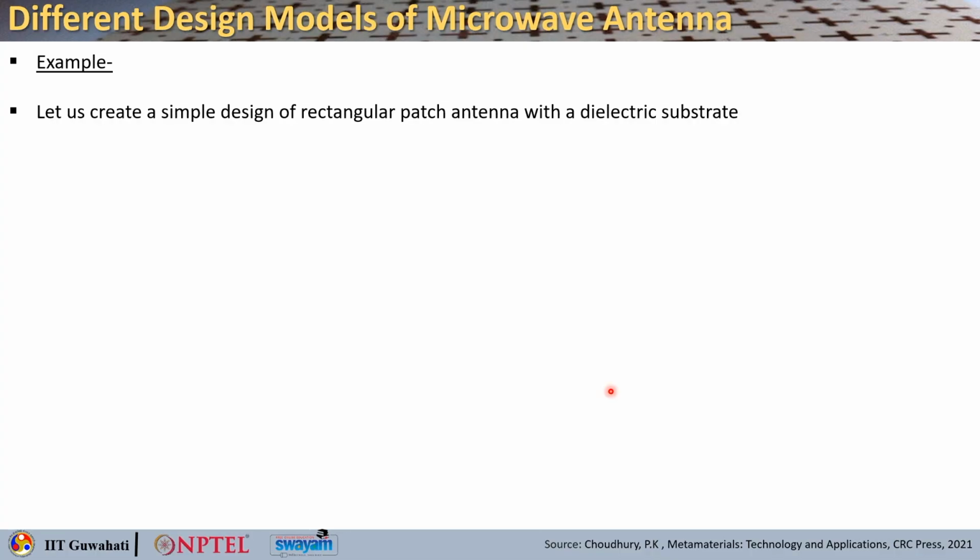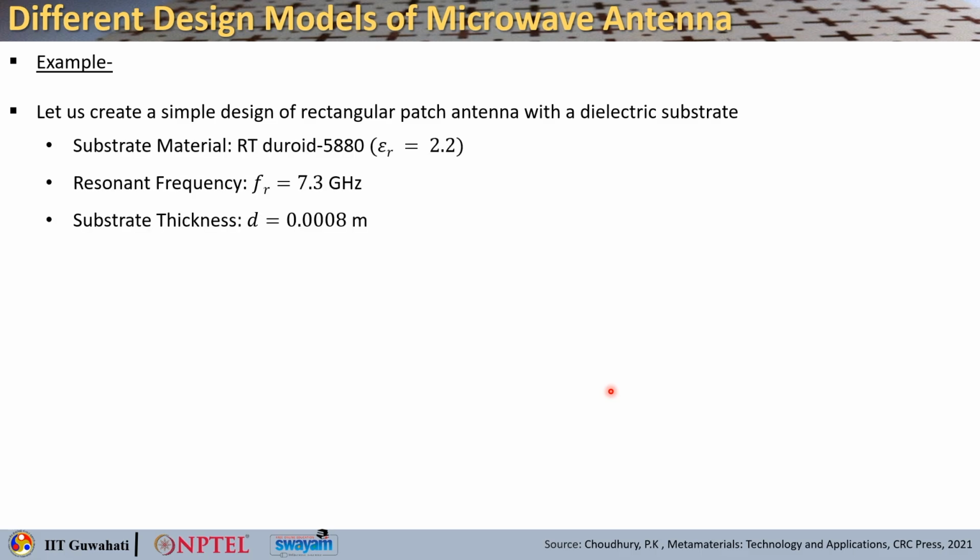So, let us create a simple design of a rectangular patch antenna with dielectric substrate. It is assumed that the substrate can be created from RT Duroid 5880, which has got a relative permittivity of 2.2, okay, and the antenna operates at the resonance frequency of 7.3 gigahertz, and we can also assume the substrate thickness to be D equals